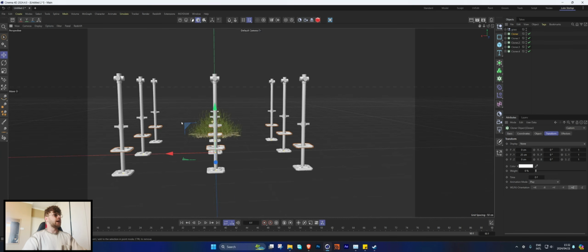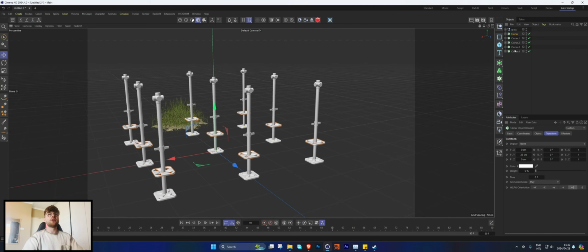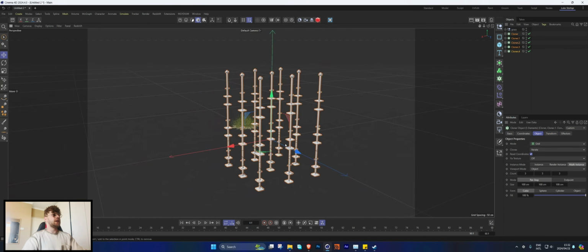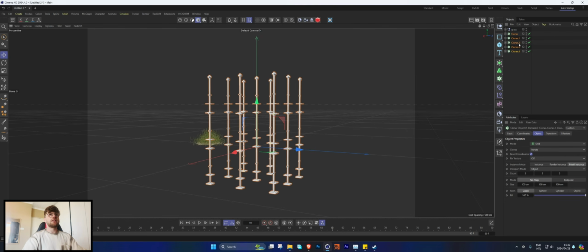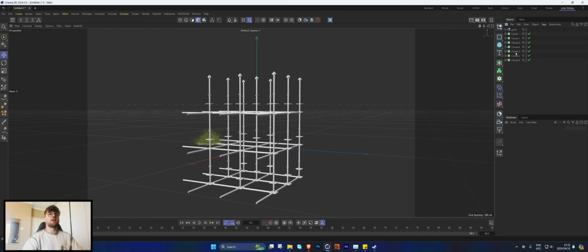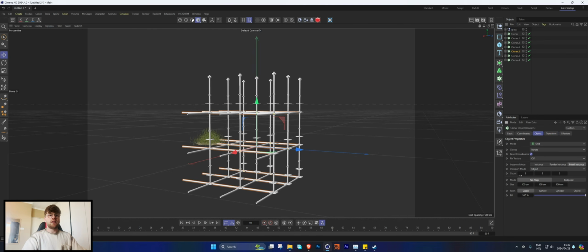Cool. So now we have the base of our scaffolding up here. Let's select everything and let's increase it by 3. Now we got that. Let's also go to our pole over here and let's make 2 duplicates of it. In this one, let's set it to 90. And this one over here, set this to 90. And with this one, we only need